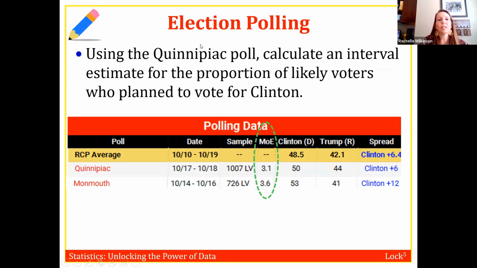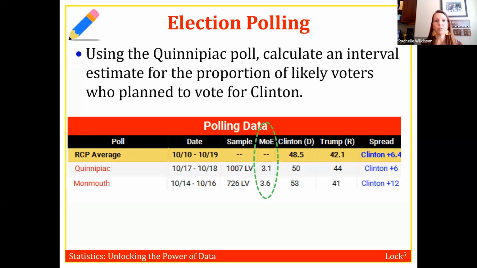Okay, so using the Quinnipiac poll here, let's see if we can calculate the confidence interval for the proportion of likely voters who plan to vote for Clinton. We can see that the point estimate was 50 and the margin of error is 3.1. So what would be an interval estimate for the proportion of likely voters who plan to vote for Clinton? Yeah, 46.9 to 53.1 is our interval. So we're saying, hey, we're pretty sure that the proportion of all voters who plan to vote for Clinton is